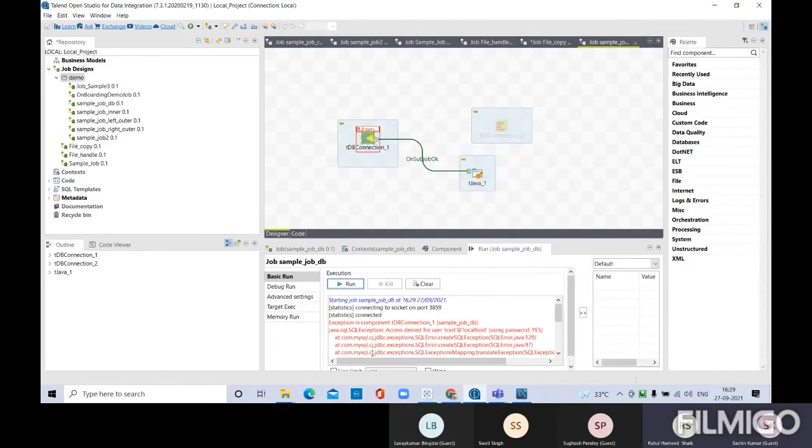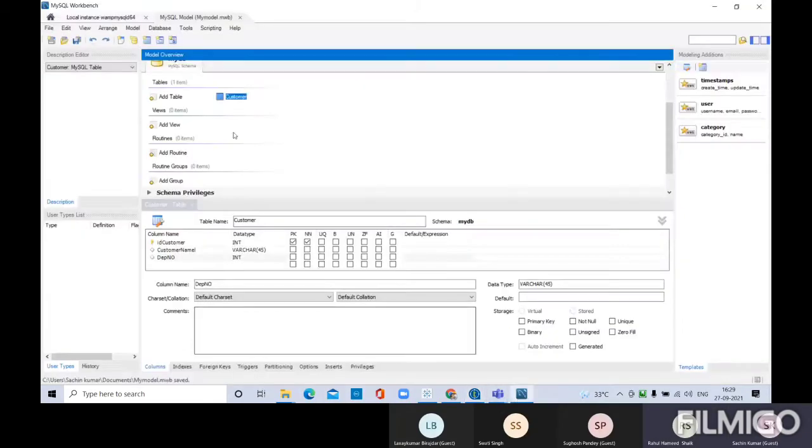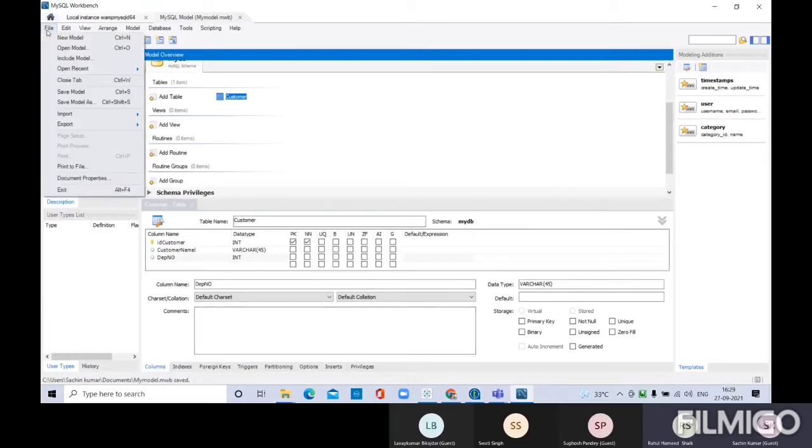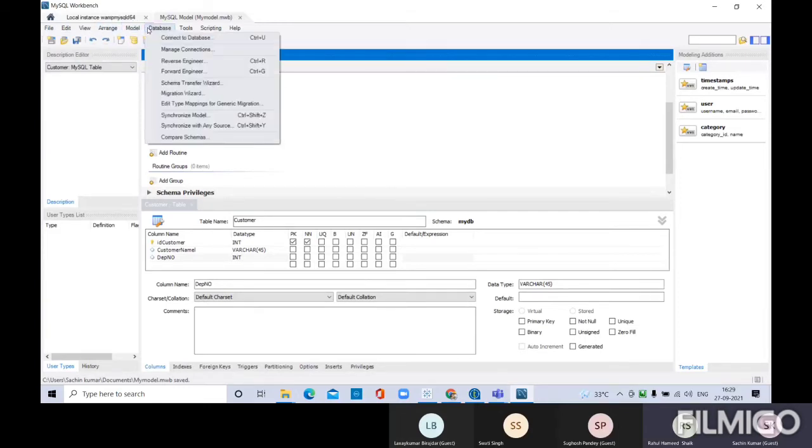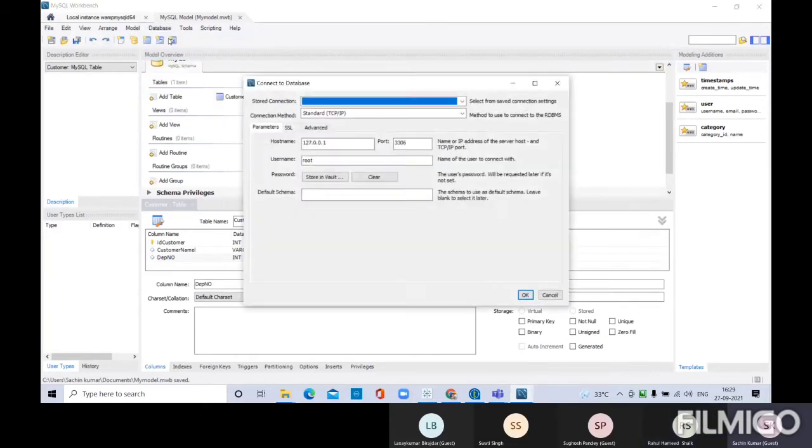Access denied for the user root. From here, you can see whether you are able to access. Click on database, connect to database. This is the host name. You need to give this name.